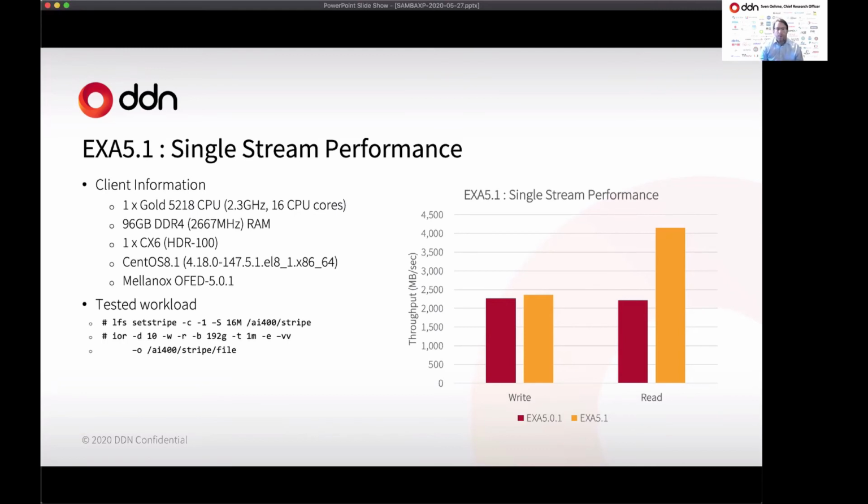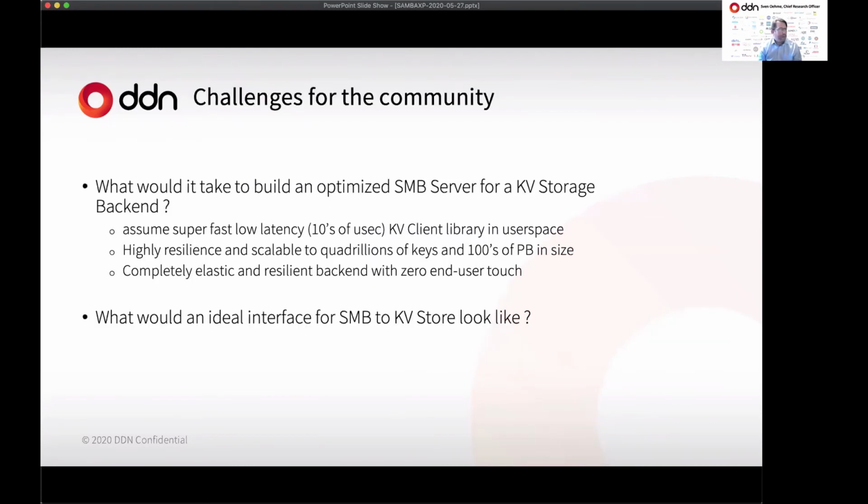But that would be one thing that would dramatically change where SMB can be used today in modern worlds where everything is about analytics and AI and machine learning workloads. So if SMB wants to have a place there, in particular with Samba, that would be one area to actually invest in. And another thing I would like to throw out to the community is there are huge advancements going on